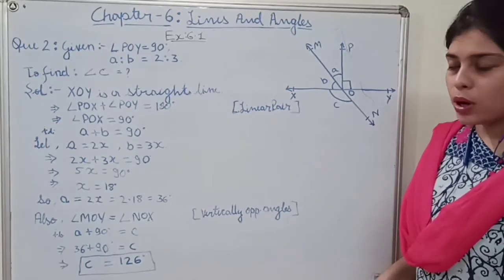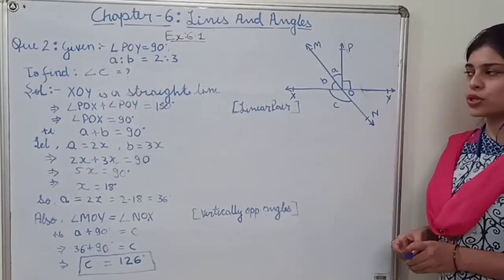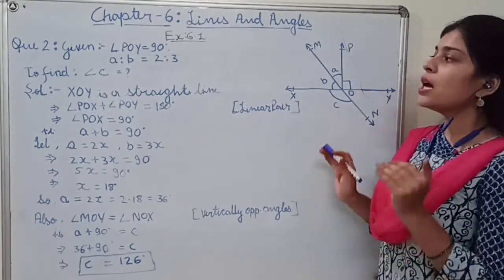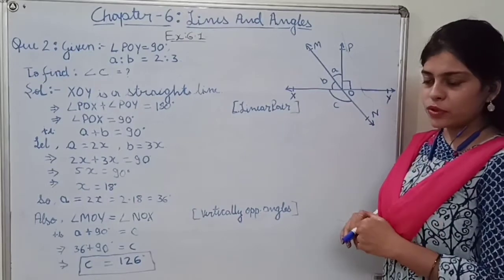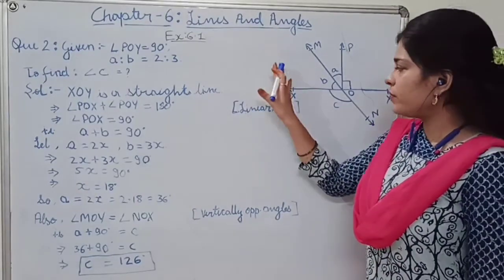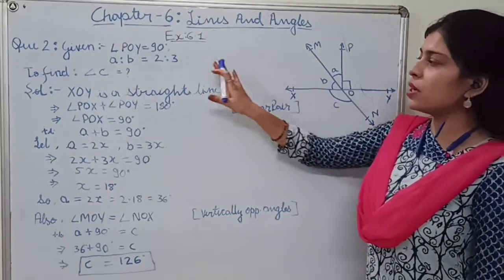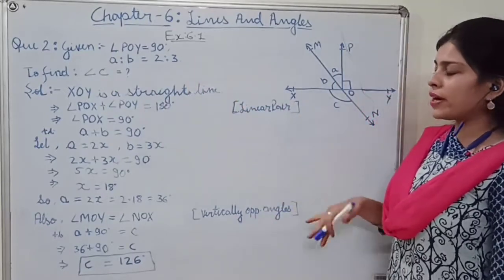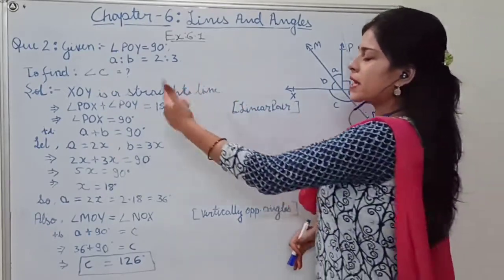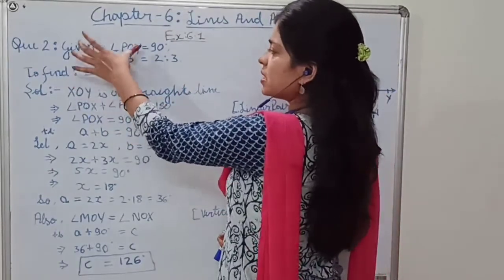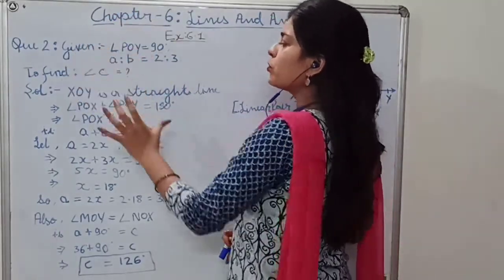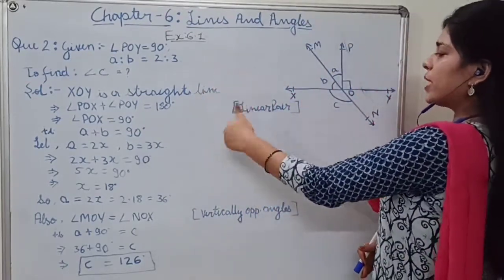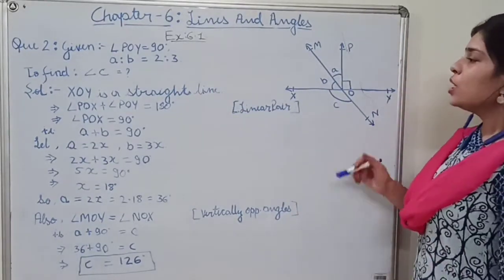Before solving this question, we must keep in mind that if we are going to solve a question of geometry, then whatever is given in the question, we must write as the given points, and what we are asked to find or prove, we write as to find or to prove. Writing given and to prove is a must. After writing these two things, we can start solving the question.